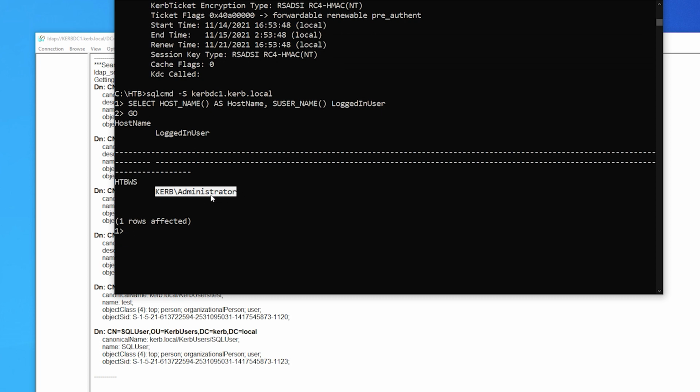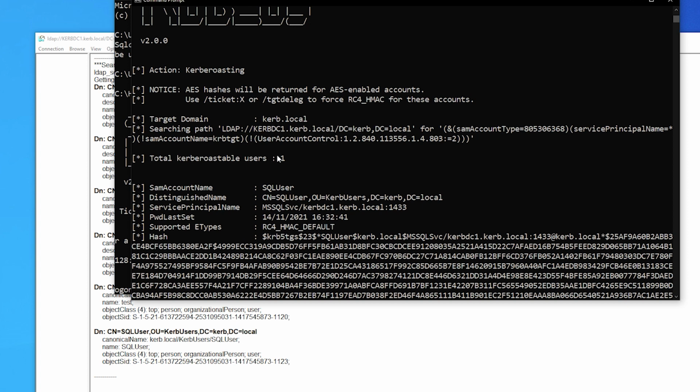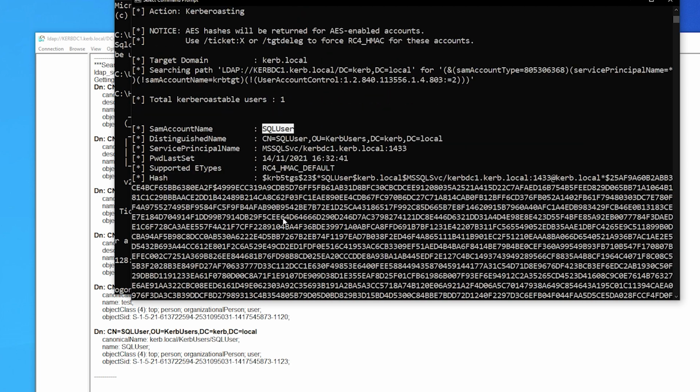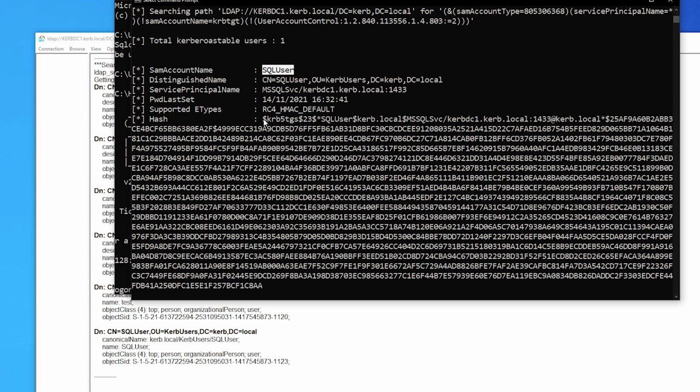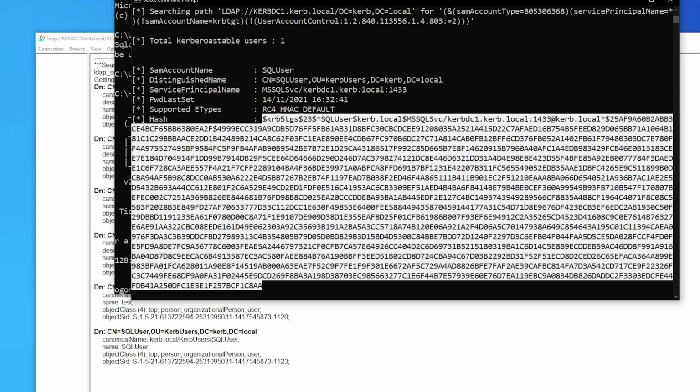Again, I already explained that, but it's the fact that the SQL service account had a password that we could crack. So if we go back to where this all started, it's because there's a service account, a user that someone has set a password on, and they've set a weak password. If you remember from the Kerberos video, we can get this hash for any service account. Literally anything that runs a Kerberos service. We could get this for the domain controller, all the services that run. Any computer account, all the Kerberos services that run. But the difference is that we can crack this user account one because somebody set it to a fairly weak